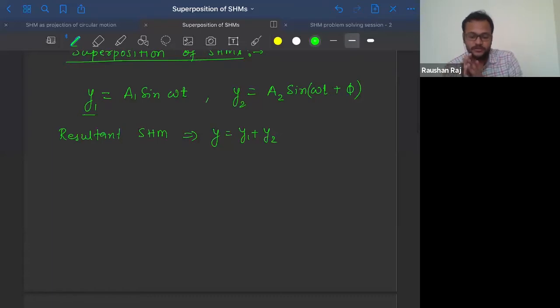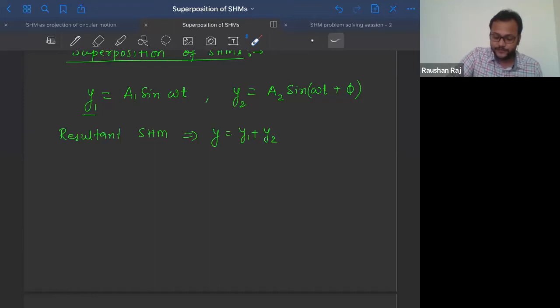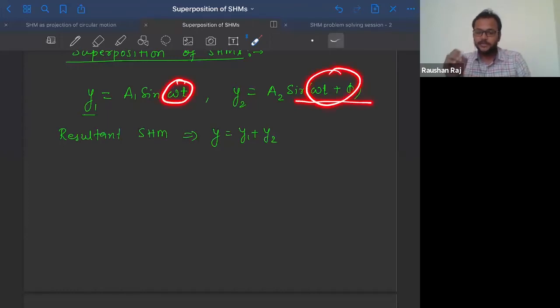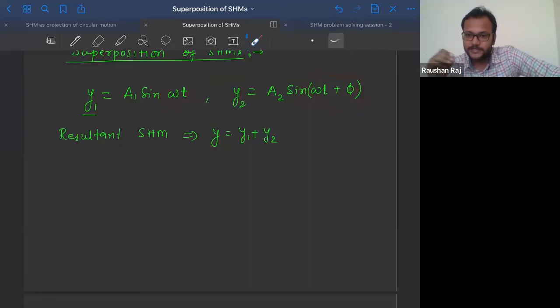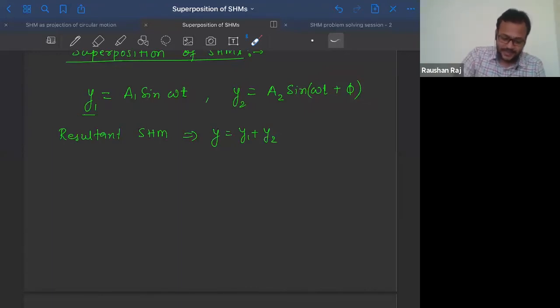You have to use some formula, sine a plus sine b. First you have to decode this as sine a plus b. Then you have to do something of this sort: sine omega t plus sine omega t plus phi. You can consider this as a, this as b. Then sine a plus sine b will be equal to 2 sine of (a plus b) by 2 into cos of (a minus b) by 2. So you have to go through that lengthy process, right? But you can't do that either. Reason? The amplitude is not the same. So you will not be getting sine a plus sine b. So there are so many things that you have to do.